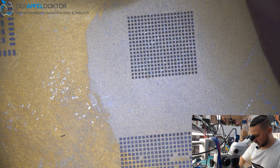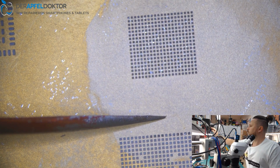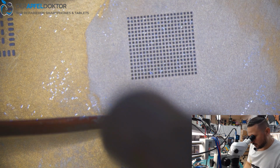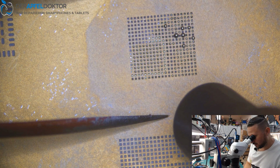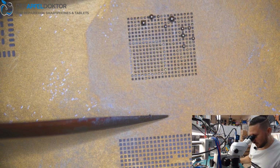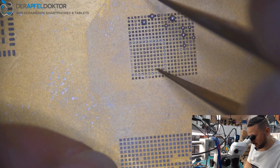Just need my tweezers. Yesterday somebody asked me why I always switch the temperatures on the JBC and don't set profiles on that. I just don't want to. I like to do it in that way. Really. Greets to Ruben. Wait, does it have profiles? It has profiles, yes. But I don't like to use them. Ilya directly wants to use the profiles. Now that you said it, I'm actually...